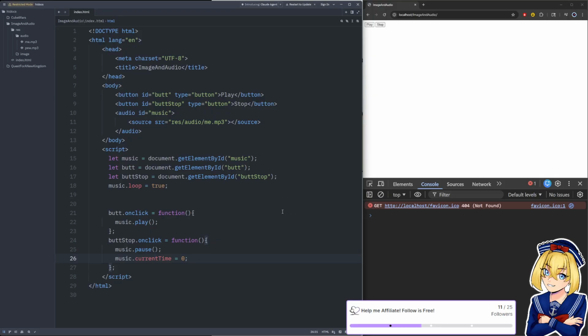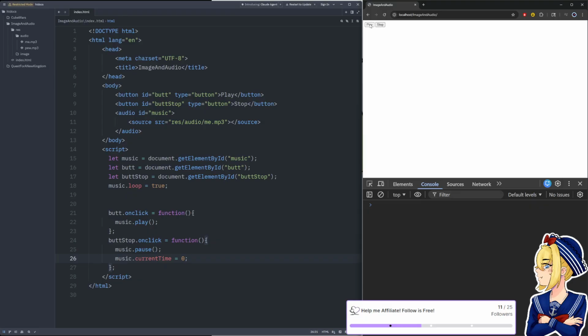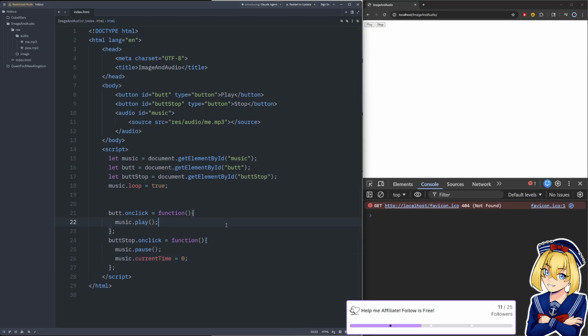So now it's a true stop button. And we're gonna hear that start up again. Okay. So those are some things you can do to play around with audio that is already on the page.